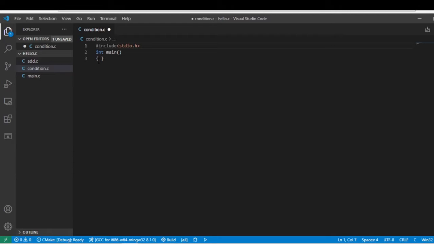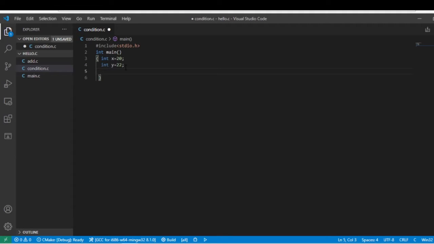Here I write some identifiers and data types: int x = 20, assign x the value 20, and int y = 22. x and y are both integer data types, with x equal to 20 and y equal to 22.